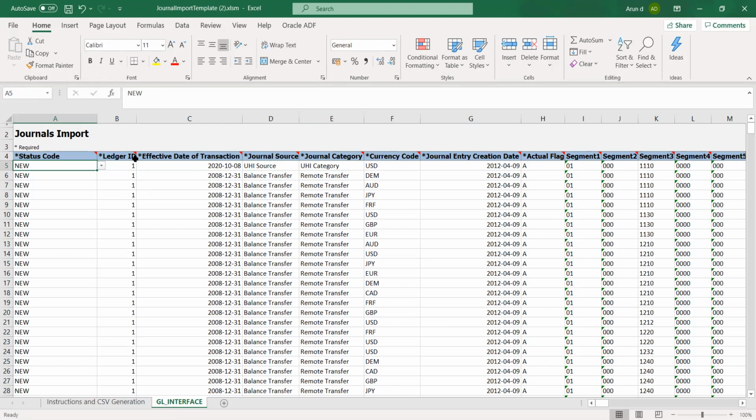Okay, so we will also see how to identify the ledger ID from the front end.